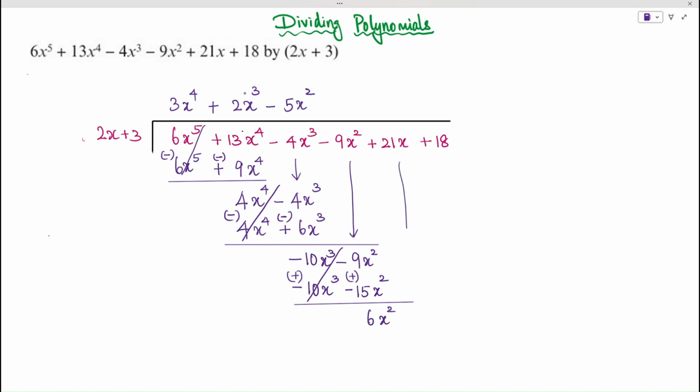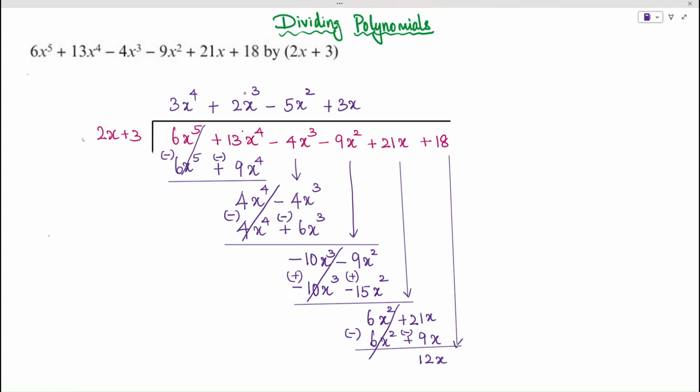We bring down our next value, which is 21x. So we have 6x squared plus 21x. Now we do the same thing again. 2x times 3x is equal to 6x squared, and 3 times 3x is equal to 9x. And so we subtract that. So our 6x squareds cancel out, and we get 21x minus 9x, and this is 12x. We bring down our final value, so we get 12x plus 18,